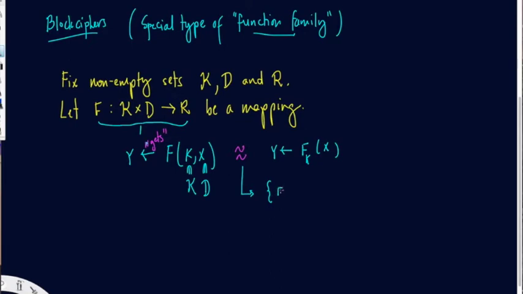So if I were to enumerate all of the K's that are in this set, we can think of the set of F sub K I, where each of these maps from D to R, and where I is an element of the set 1, 2, up through the size of the key set K,